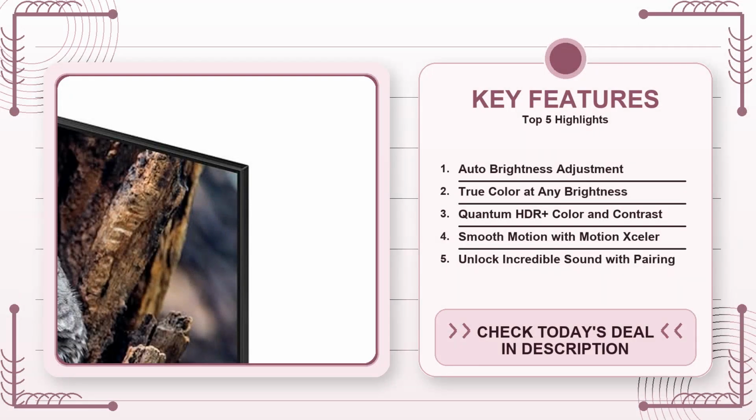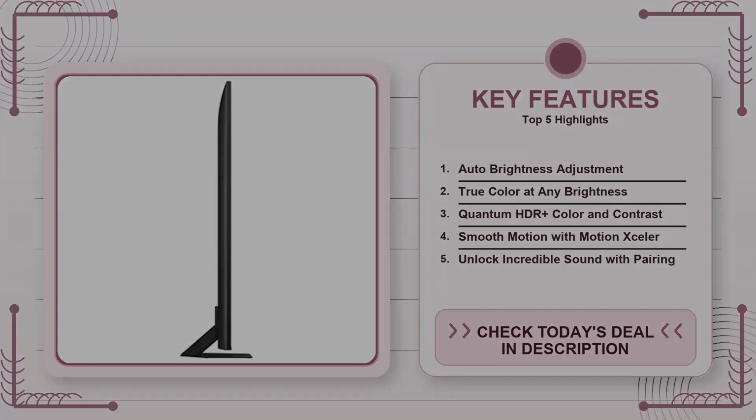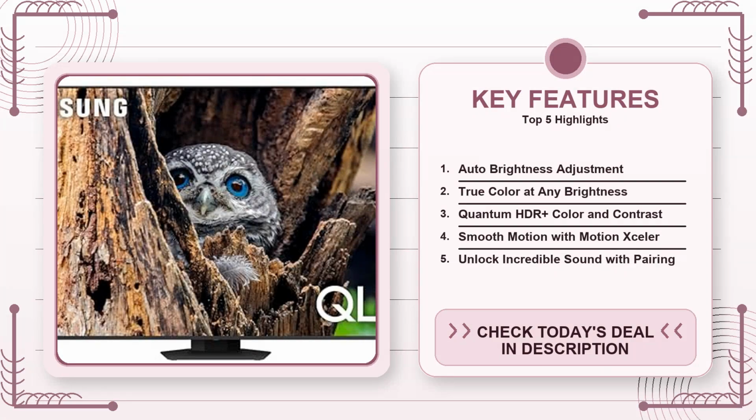In terms of practical weaknesses beyond the black level nuance, the TV's size makes mounting a bit of a project. The 85-inch panel weighs close to 80 pounds, so you'll need a